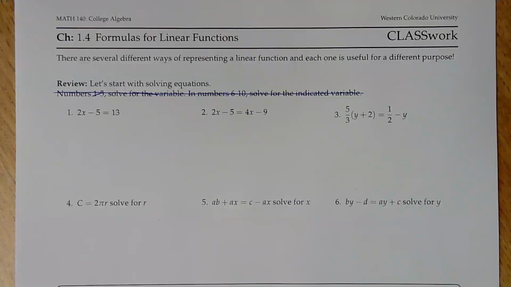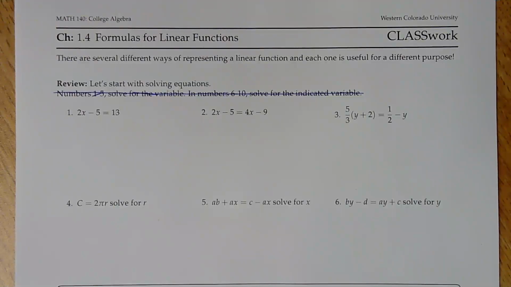In section 1.3, we looked at linear functions. Those are functions whose graph is a straight line and that have a constant rate of change. That slope is a number. We looked at the slope-intercept form of a line. In section 1.4, we're going to look at some other ways of representing a linear function, so some other formulas